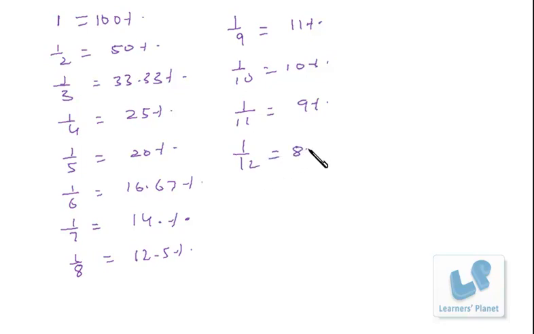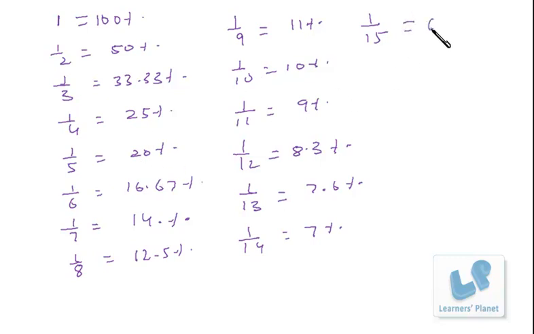1 by 12 is 8.3%, 1 by 13 is around 7.6%. Up to 1 by 20 you should be knowing. 1 by 14 is half of 1 by 7. So if 1 by 7 is 14%, then 1 by 14 will be half of that, around 7%. Similarly, 1 by 15 is one third of 1 by 5, which is 20%,